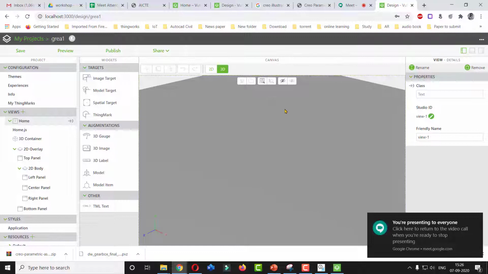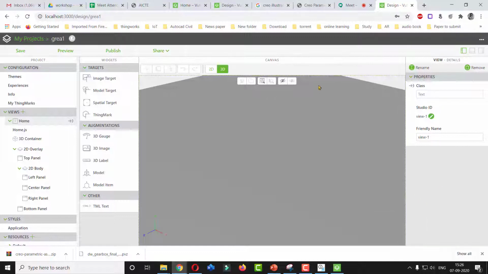Now this will be your general screen. Whatever canvas you are seeing will be our augmented screen, which we are going to see through a camera, that is present over here in the canvas. Then at the left side there is a title, Project. So project contains all the information regarding the project, to which you are going to add values by selecting n number of options.